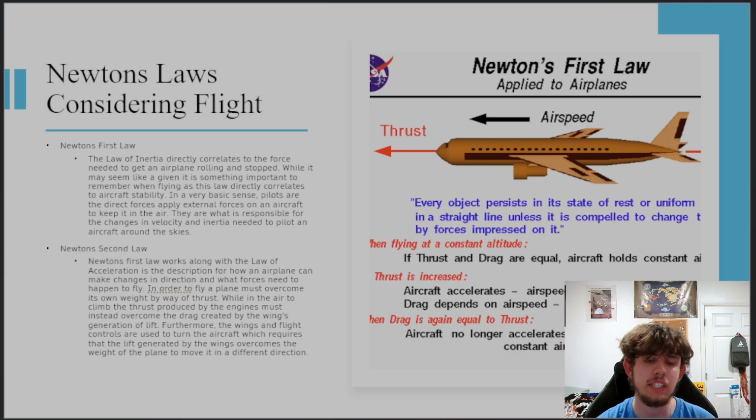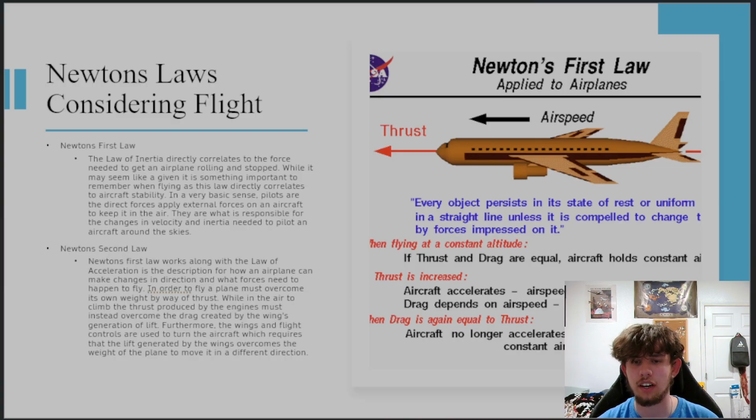Instead of just needing to apply thrust, it describes that you need a specific amount of thrust to move an aircraft of a certain weight. And without that thrust, the plane's not going to go anywhere. And without enough thrust, even, the airplane won't be moving fast enough for the wings to generate lift. Bernoulli's principle and Newton's third law work together to generate enough thrust, and then generate